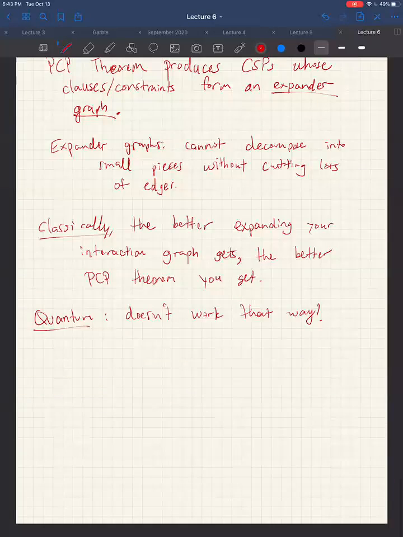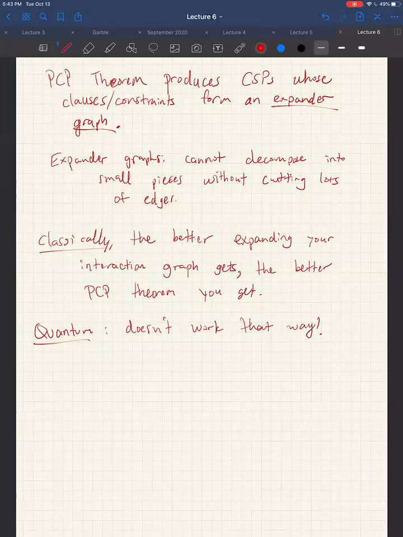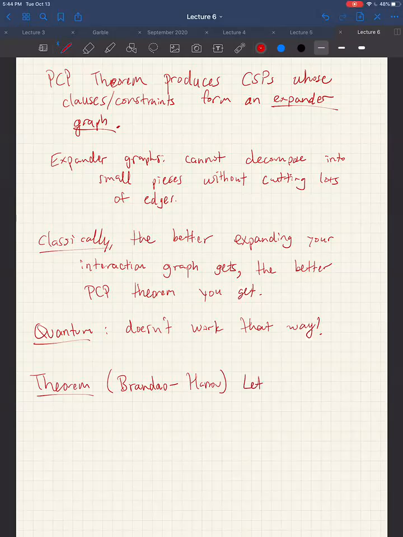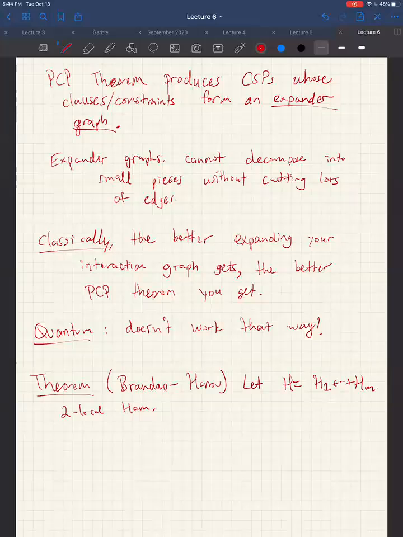Initially this was a very counterintuitive result, saying that if you had a system of a local Hamiltonian whose interactions are sitting on an extremely good expander, it's actually also not going to be that complicated. You can also find ground states that have pretty short descriptions. This was shown in a theorem by Brandao and Harrow. They said, suppose you had a two-local Hamiltonian, so you basically have interactions between two qubits each. Then there exists a product state